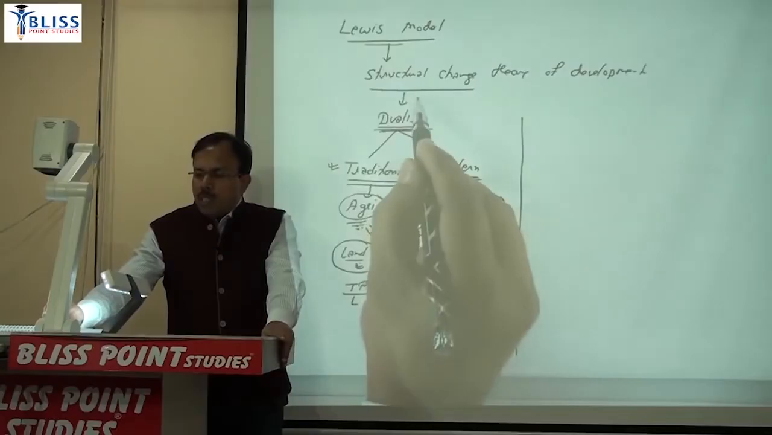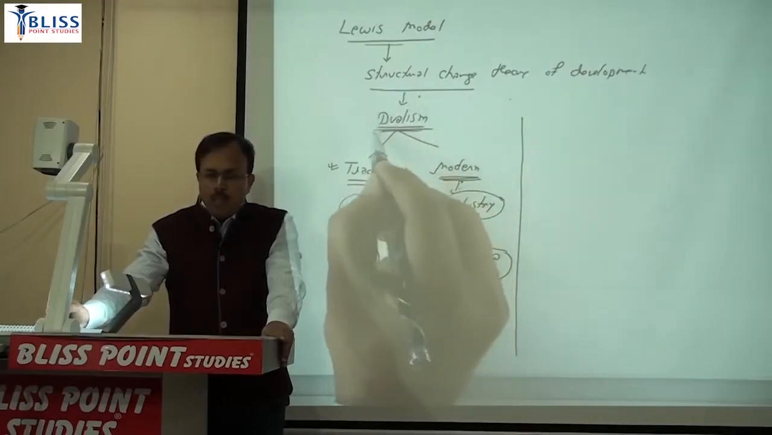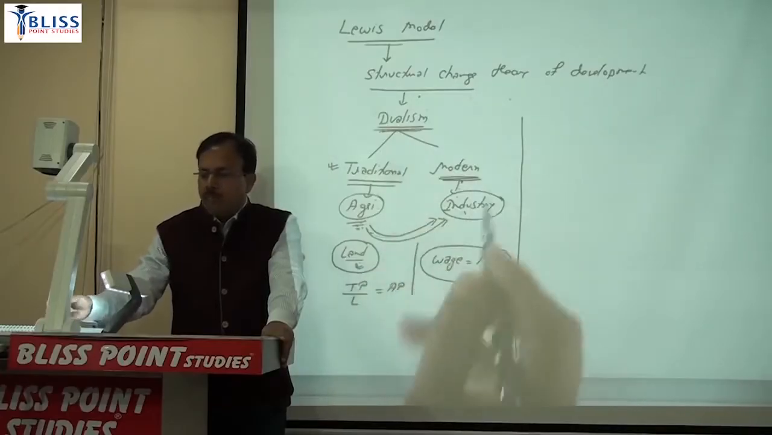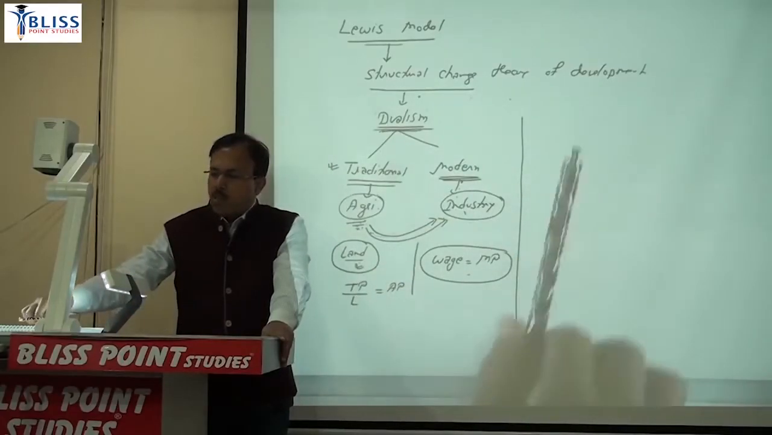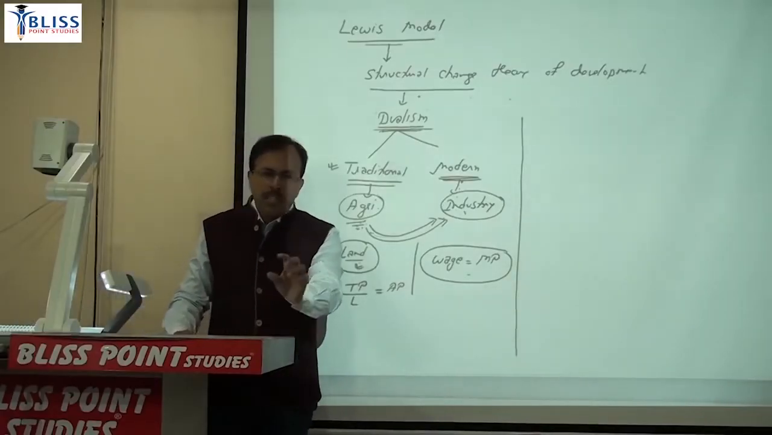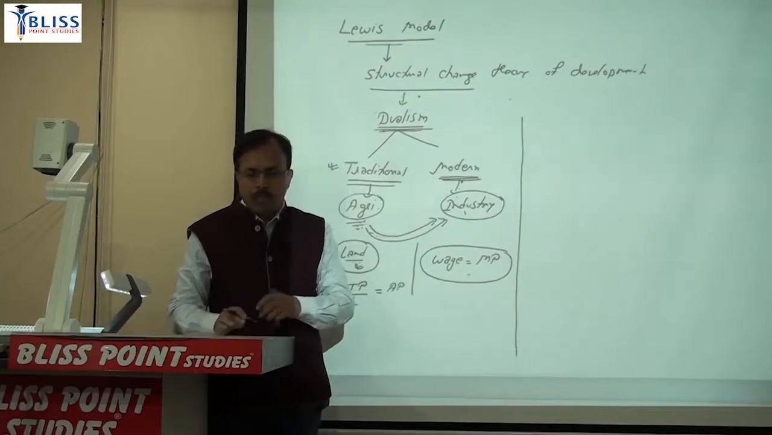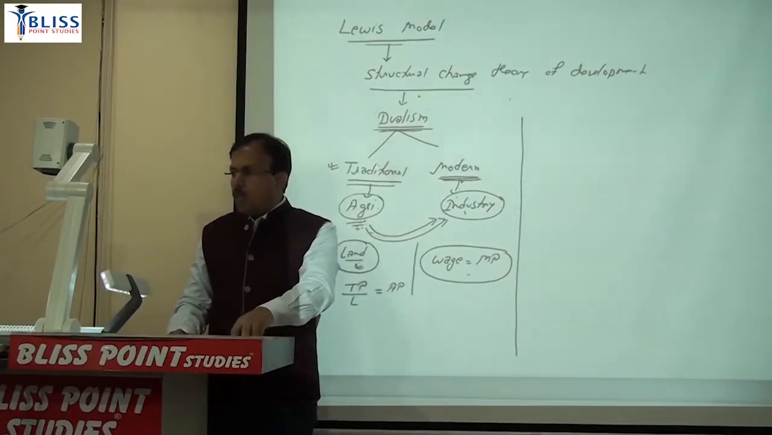But briefly you have to write the major points. The Lewis model is basically a structural change theory of development. It is based on the idea of dualism. What is the meaning of dualism? Then how that dualism will go, that process will be elaborated by using a diagram as well as other description. So just write one paragraph to begin with. Write in the first one: according to the Lewis model,